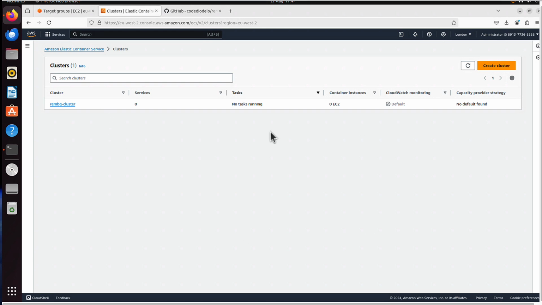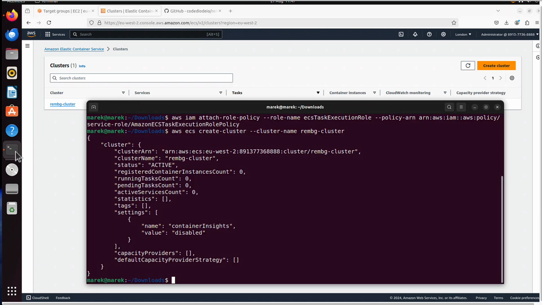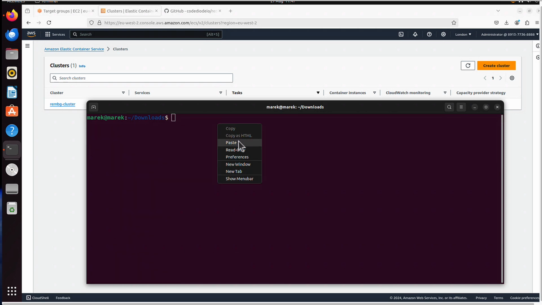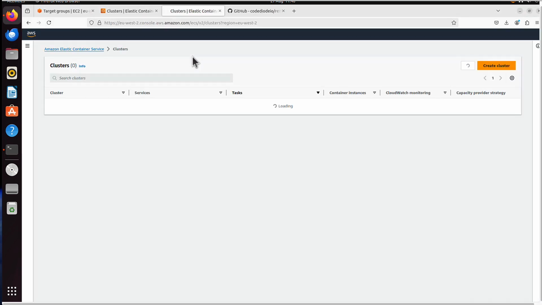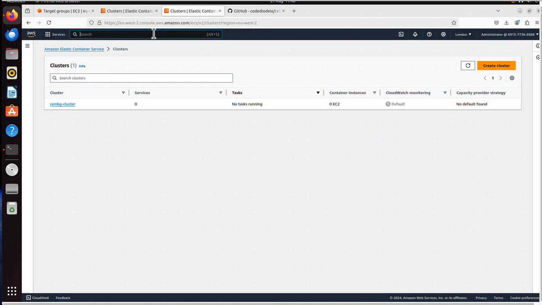But I want to create one more thing, which is optional, but it's regarding logging. You can enable logging for your containers, and I will do that because if anything goes wrong, it's so much easier to have that logging than to not have it. So let me clear that. This is the command I need. I will have to create something called log group, and I will name it ECS REMBG-app. That will be my log group, so simply a point where all those logs can go to. I will press enter. It looks like nothing was done, but basically if I duplicate this tab, the service where you will find it is called CloudWatch.